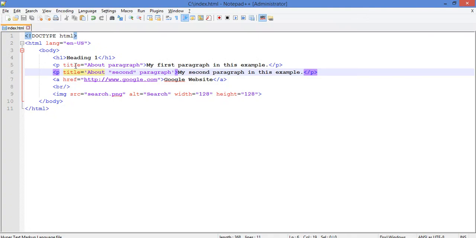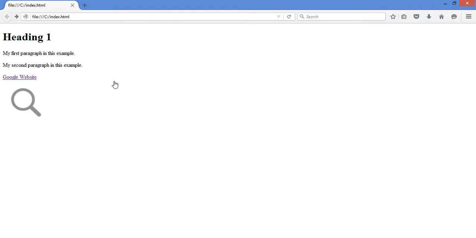You can also see another attribute, href here, and href is used to point to any links. Here we are defining the content to be Google website, and we are providing the link to the Google website. Let's see how it gets used in the browser.